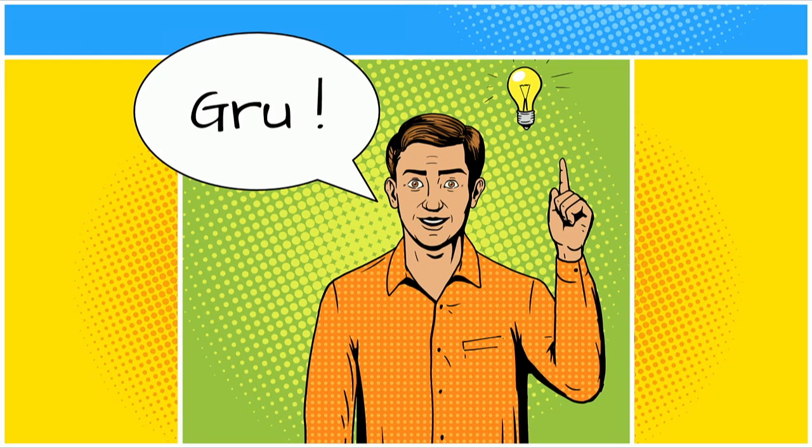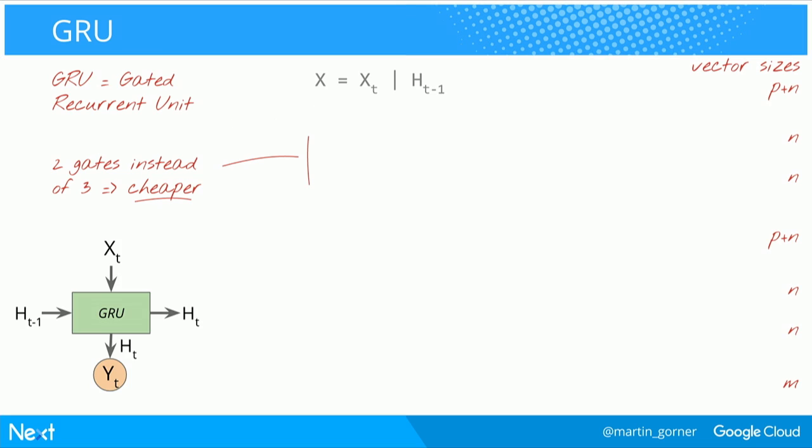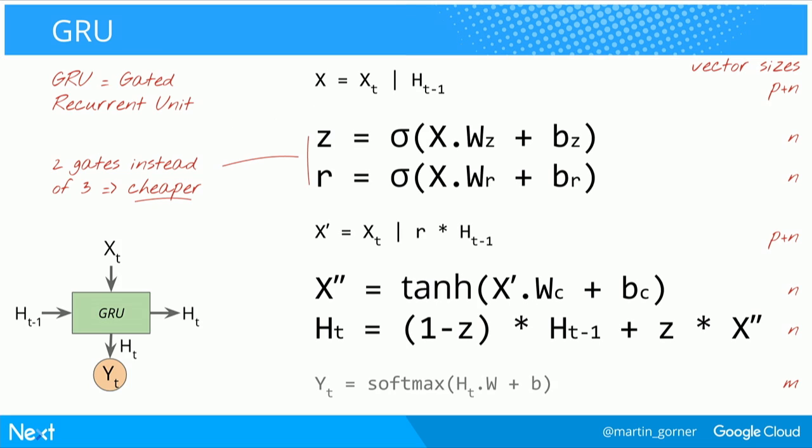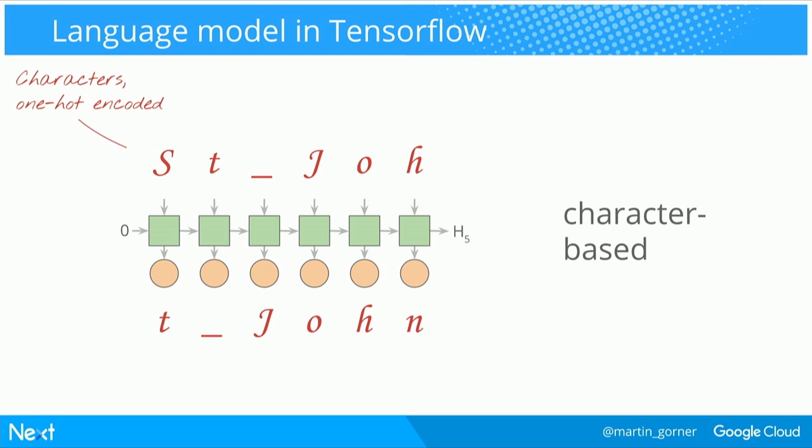So, in the end, the one we use is called the GRU. And I won't go into the details. It's basically a cheaper LSTM. Here are the equations, not very different, same API, but only 2 gates instead of 3 gates. And each gate has weights and biases, so we save a part of our computational cycle, not computing those third weights and biases. Okay, so we will use the GRU, and now let's implement a neural network that does a